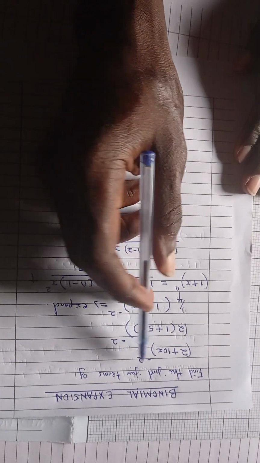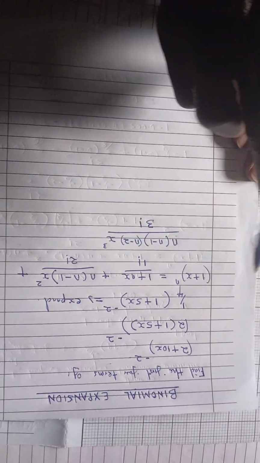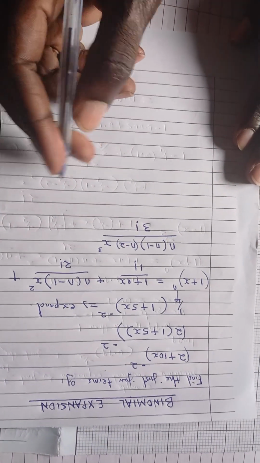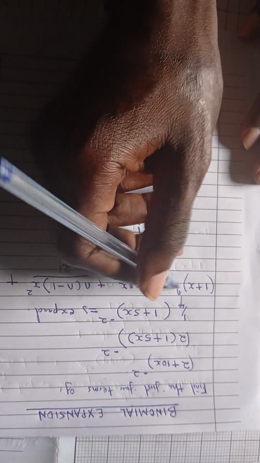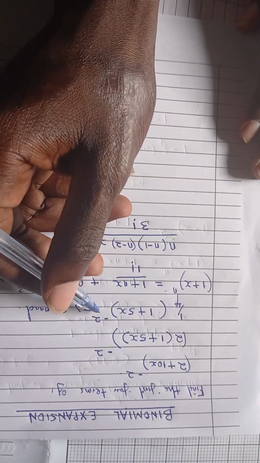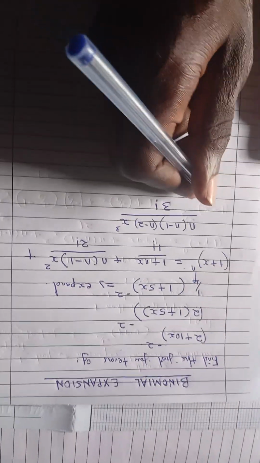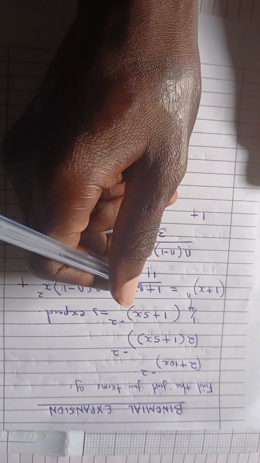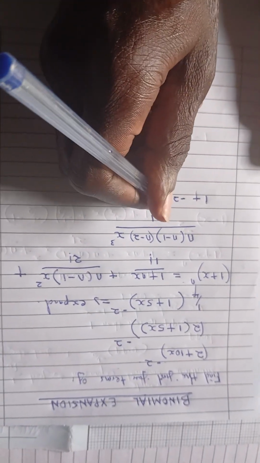Remember, we are told to find the first 4 terms. So this is 1, 2, 3, and 4. Now, you substitute n here. n in this case is negative 2. So we want to substitute negative 2 in each case. So we'll have 1 plus nx, n is negative 2 into x is 5x,